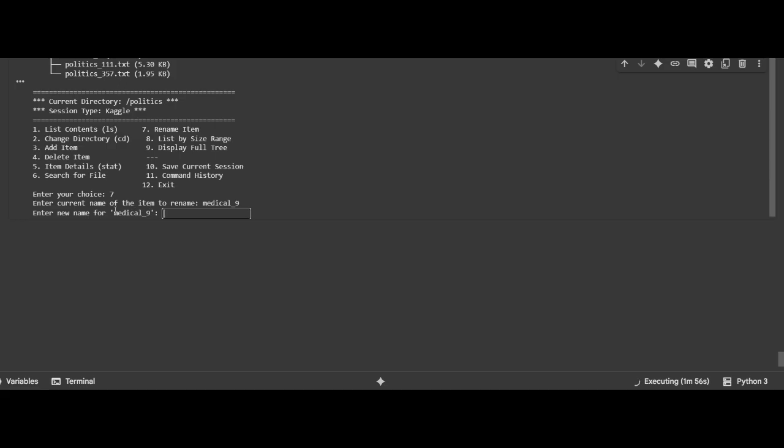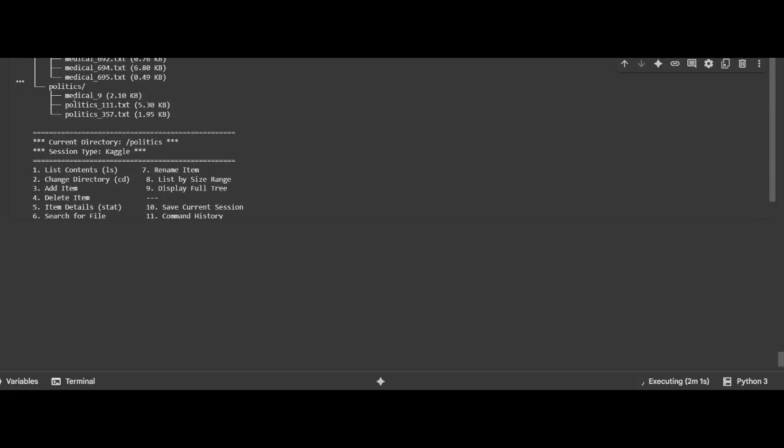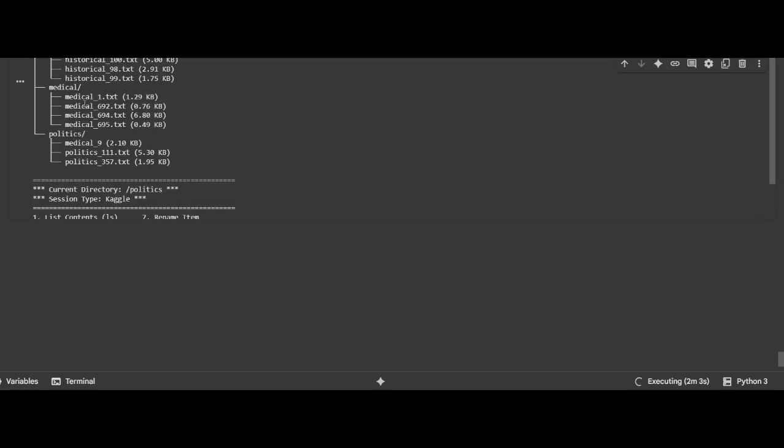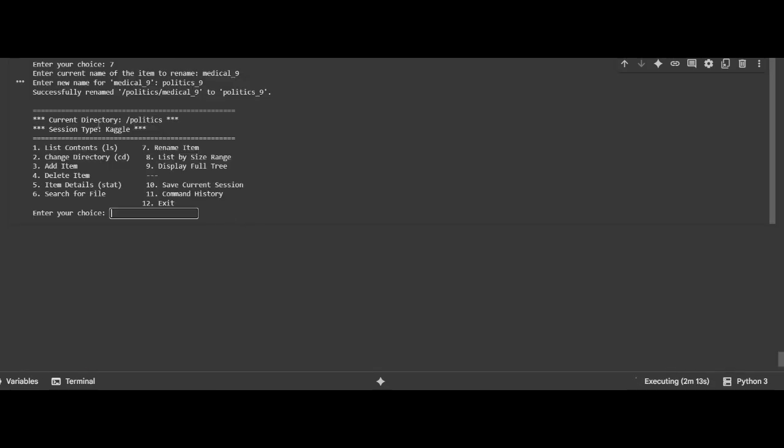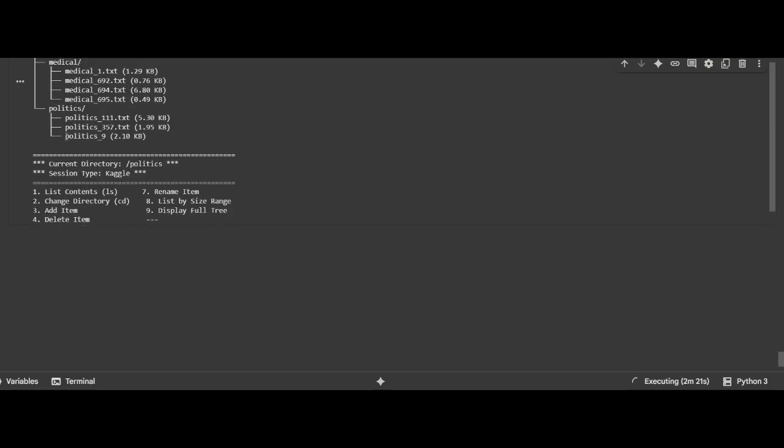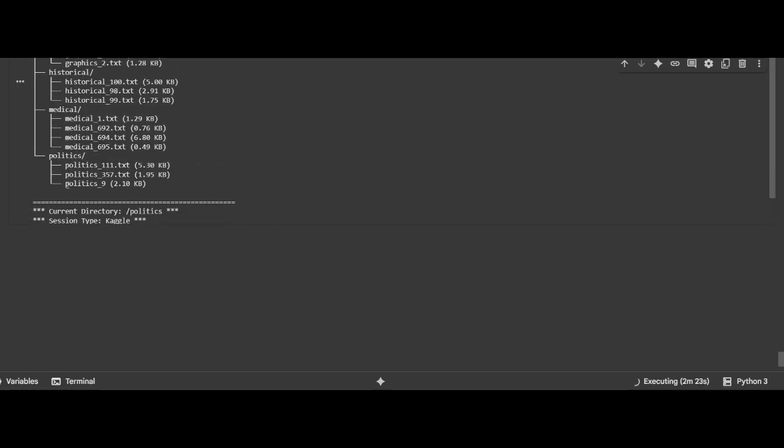Let's say in this scenario I've accidentally put the wrong name. Instead of putting politics, I've put medical. So let's change that. So we see here that our file has been successfully renamed, and we can check the file system. So yes, this is our renamed file,